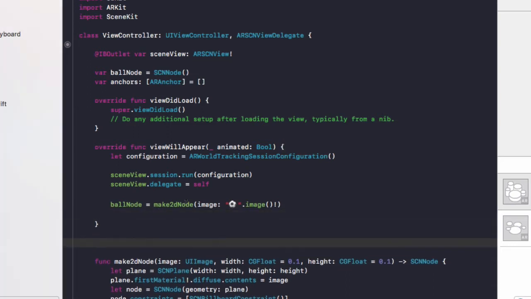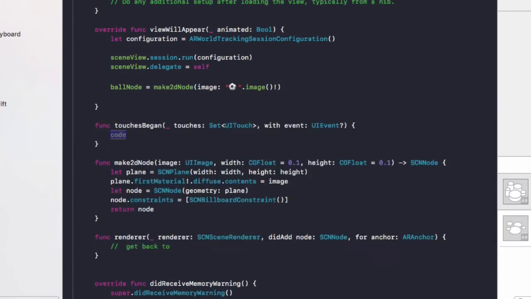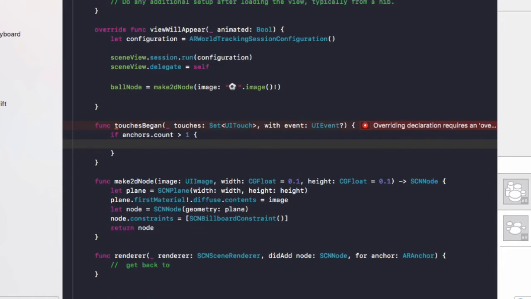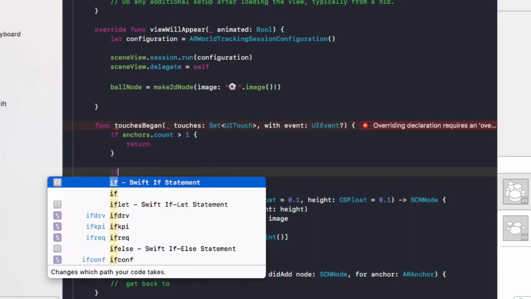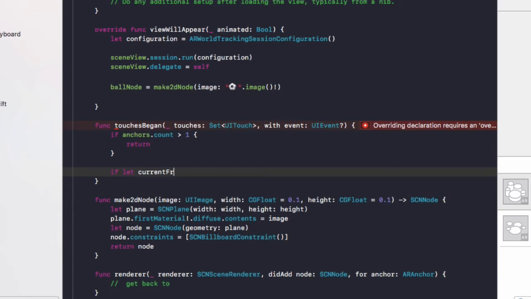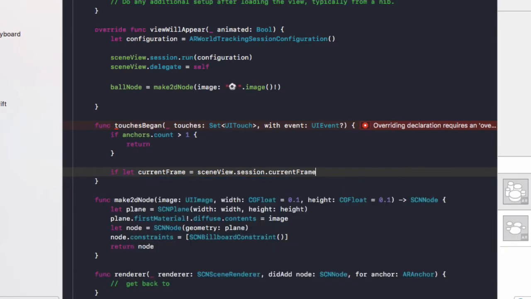Alright, so the next function we're going to add in is func touchesBegan. And in this code, we're going to do if anchors.count is greater than 1, we'll do return, and we'll come back and fill this in later. And now I'll do if let currentFrame equals sceneView.session.currentFrame,